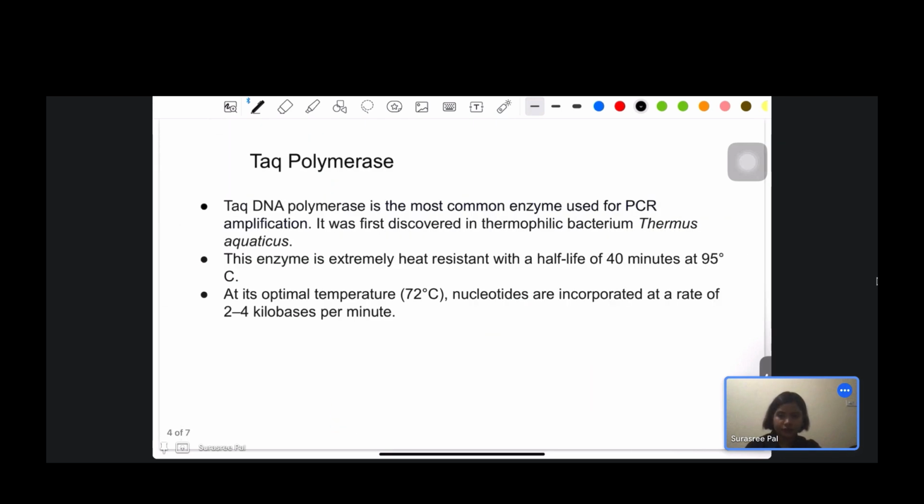Now let's look a bit at the Taq polymerase. The Taq polymerase is the most common enzyme which is used for PCR amplification, and it was first discovered in this thermophilic bacterium Thermus aquaticus. This is a bacterium which is found in hot springs, and it can survive in this hot spring area. It was a question how this bacterium can survive in these very hot conditions,